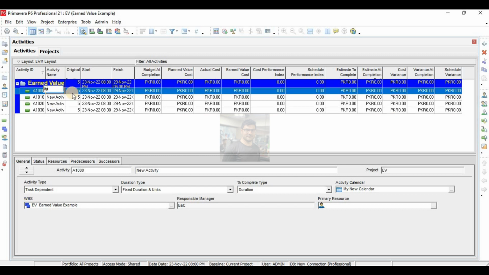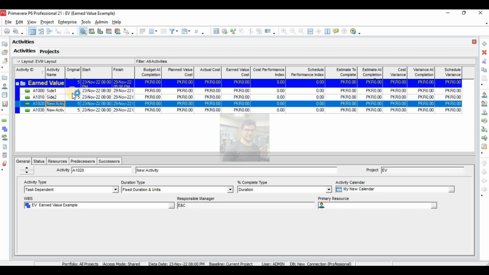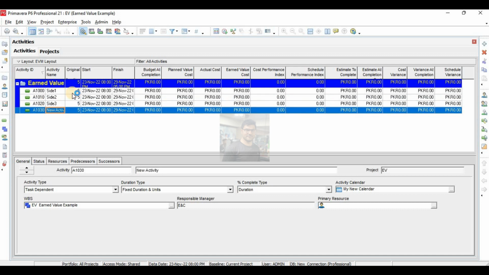Let's say this activity is side 1, this is side 2, this activity is side 3, and this activity is side 4.